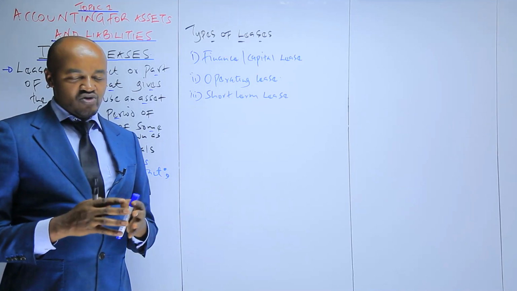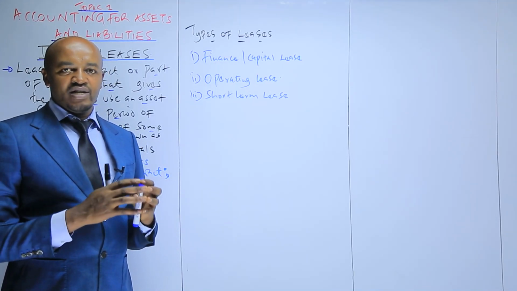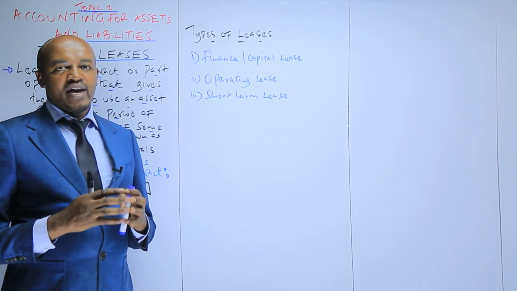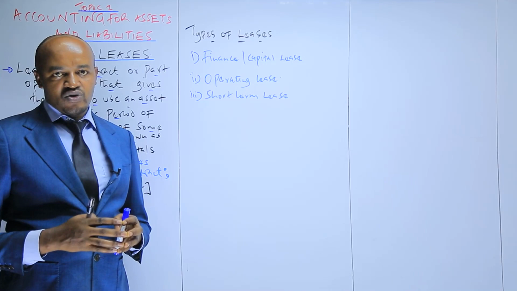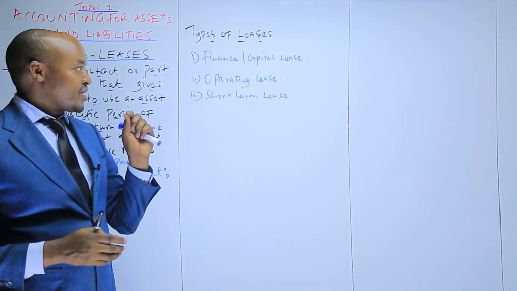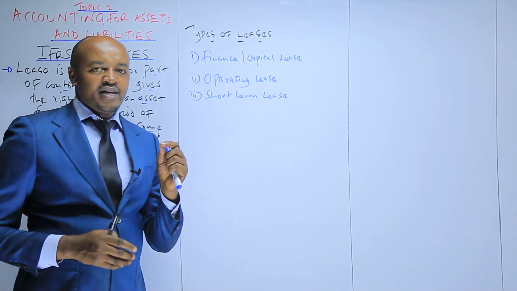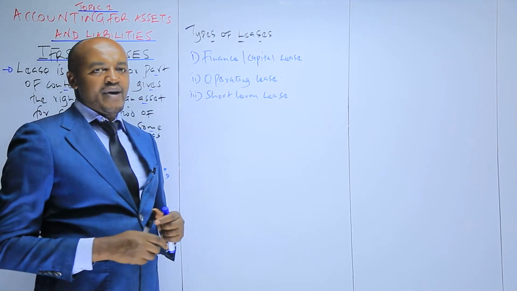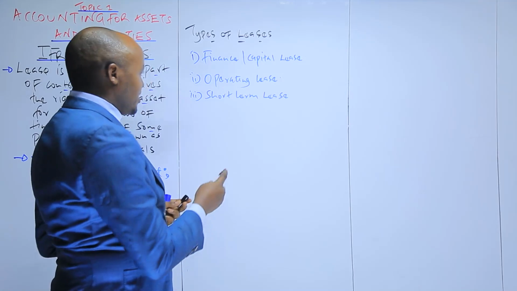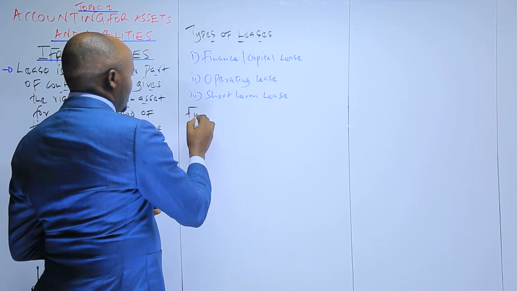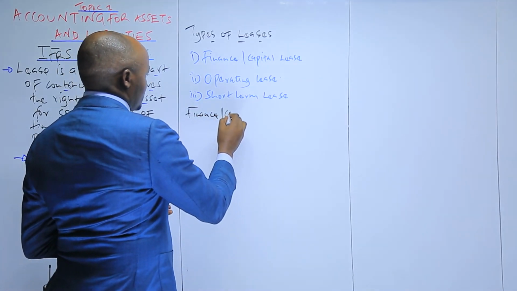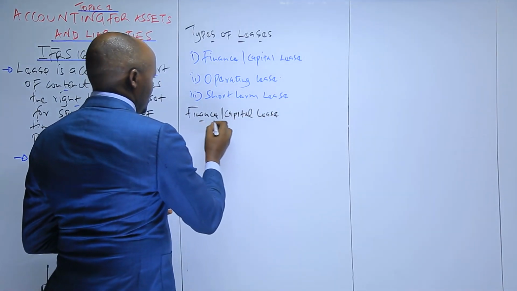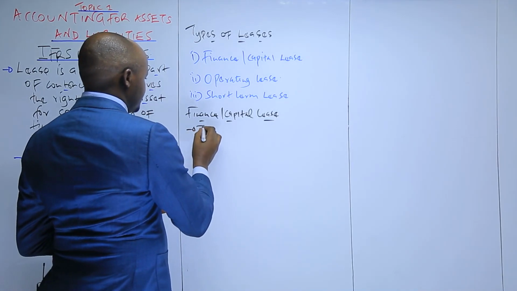particular leases which transfer substantially all the risks and rewards associated with the asset to the person who is called the lessee. So therefore, in that particular lease, the risk and also the rewards associated with the asset will be transferred to the person who is called the lessee. So we can say that a finance lease, which is also known as a capital lease, is a lease